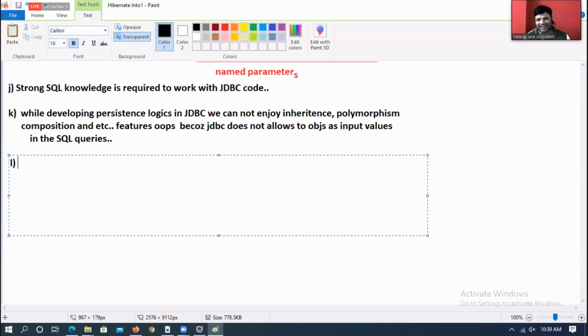Come on, yaar. I want to motivate you people. JDBC is great, but some limitations are there. To overcome these limitations, we have something else that is called Hibernate, which allows us to develop OR mapping persistence logic. That is my intention here. I'm motivating you people. Observe, these many problems are there, and we can solve most of these problems using Hibernate.